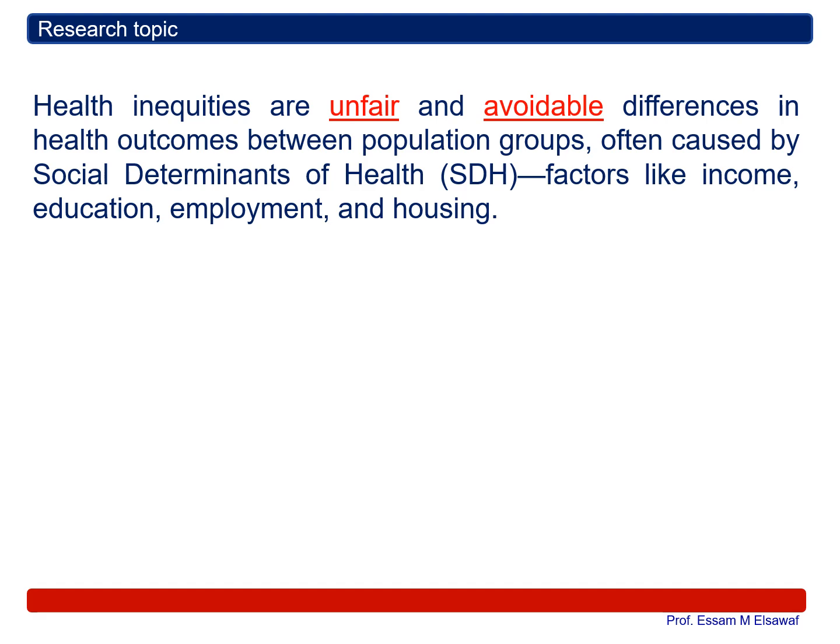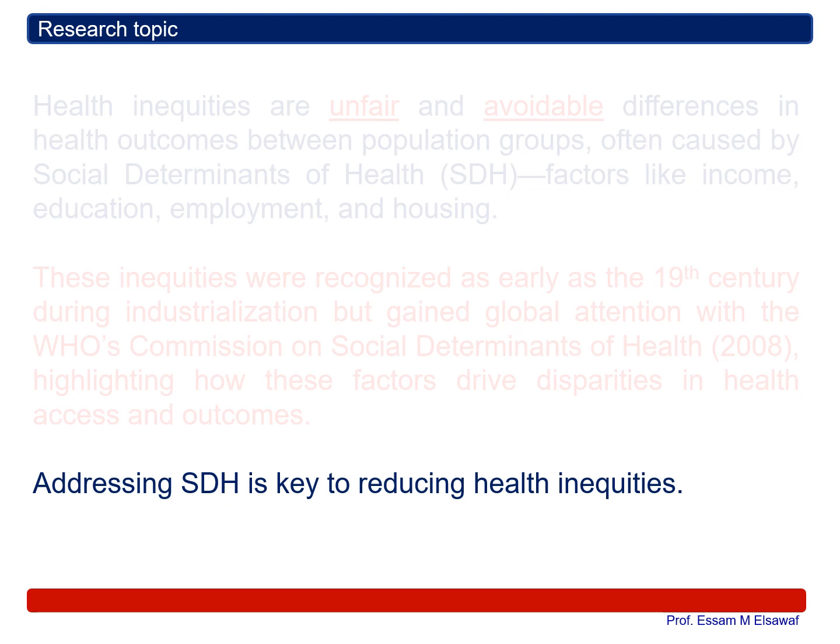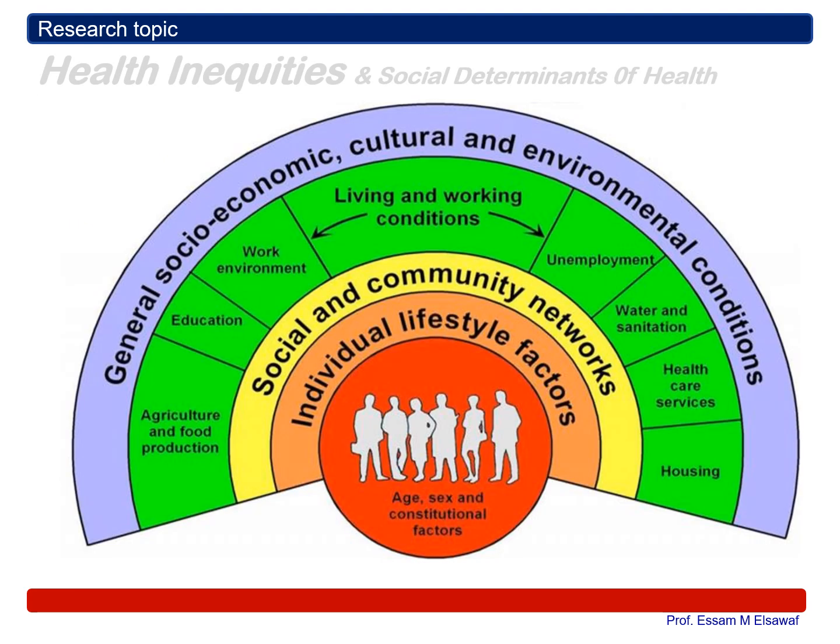Second, these inequities were recognized as early as the 19th century during industrialization, with the WHO Commission on Social Determinants of Health highlighting how these factors drive disparities in health access and outcomes. Addressing social determinants of health is key to reducing health inequities or inequality. As you see here, social determinants of health are the conditions in which people are born, grow, live, or work,